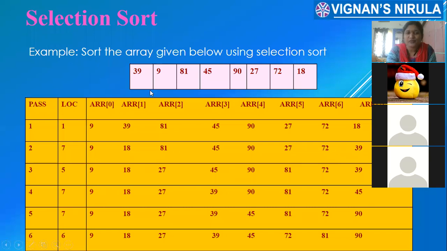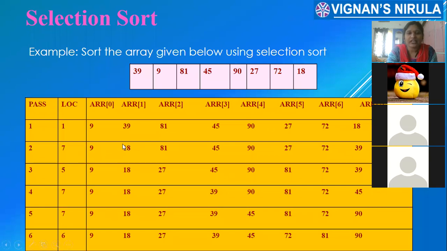Again repeat the same principle. Smallest has to be taken as 18. Location has to be taken as 1 initially. In this step, every time the first element of the array we are considering is taken as the smallest, and this has to be compared with the rest of the elements.